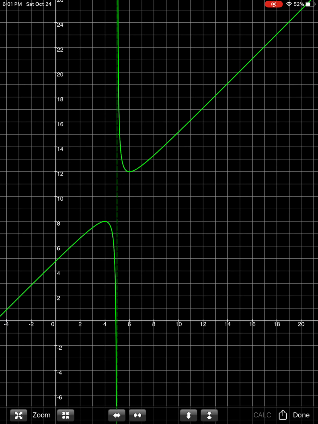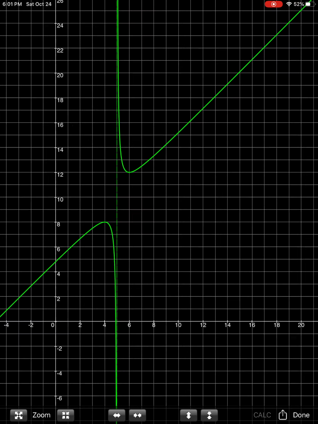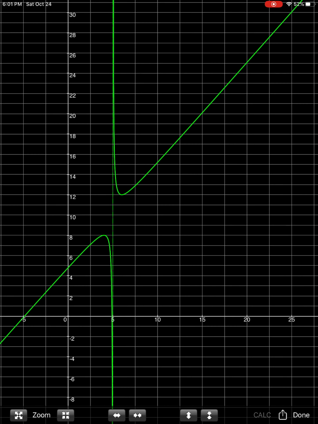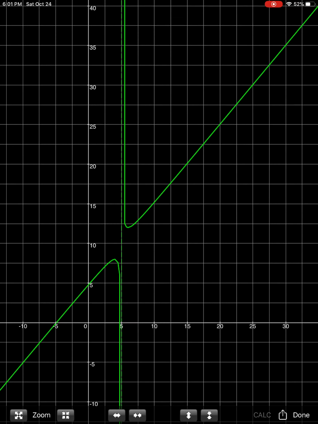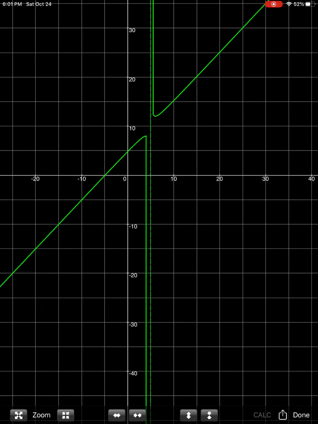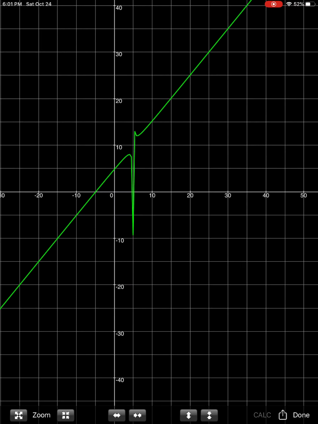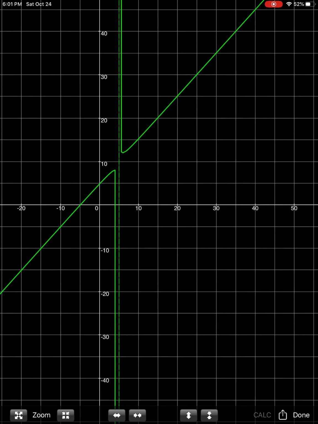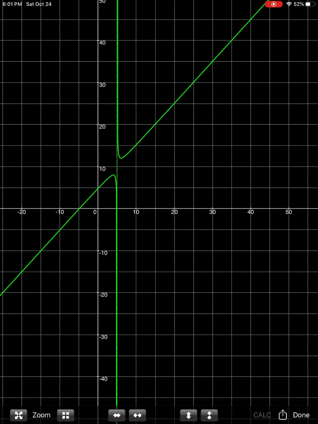So the value of 4 produces that local max at 8, and the value of 6 produces the local minimum of 12. But we cannot identify the absolute max because this function is increasing forever. And we cannot identify absolute min because it's decreasing forever. All right, so be able to utilize your software. And with that being said,